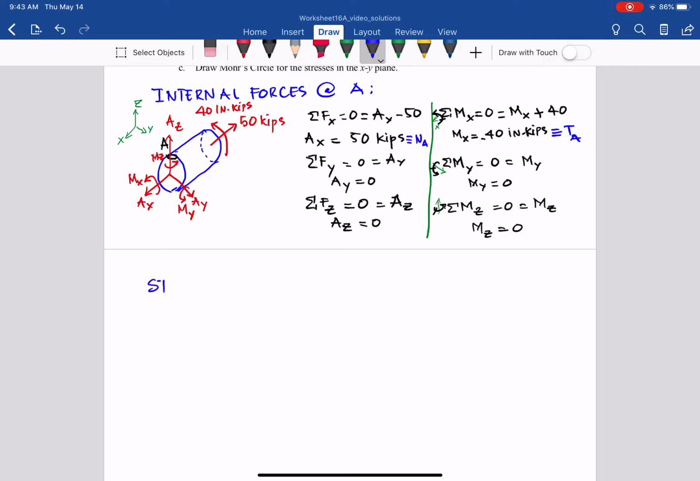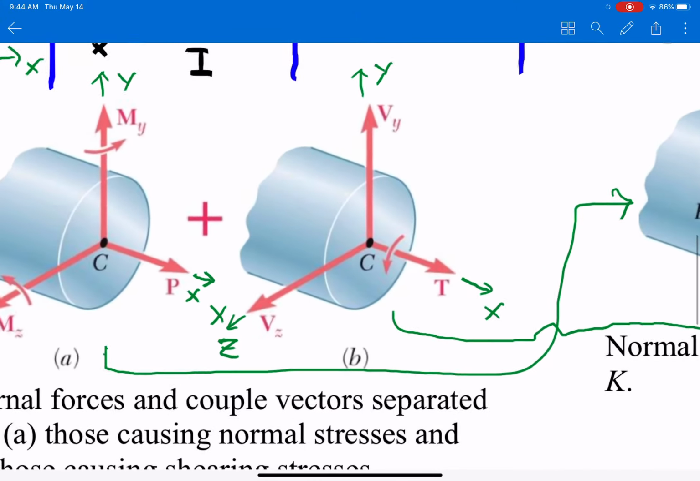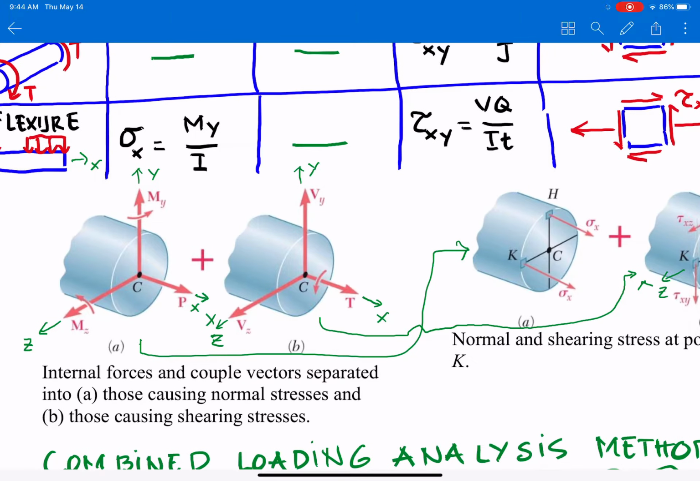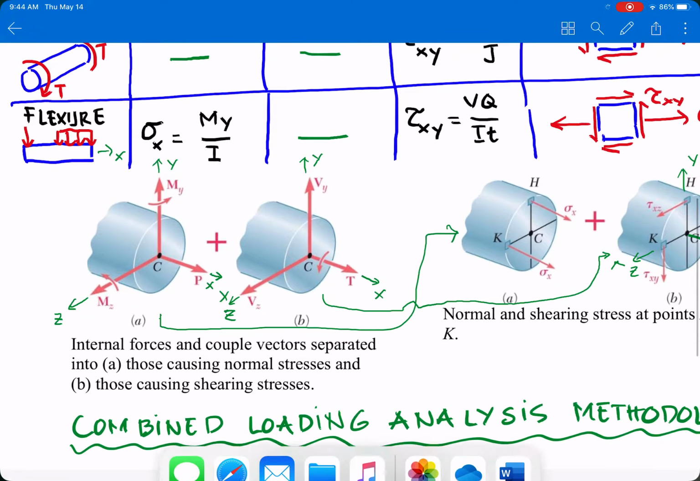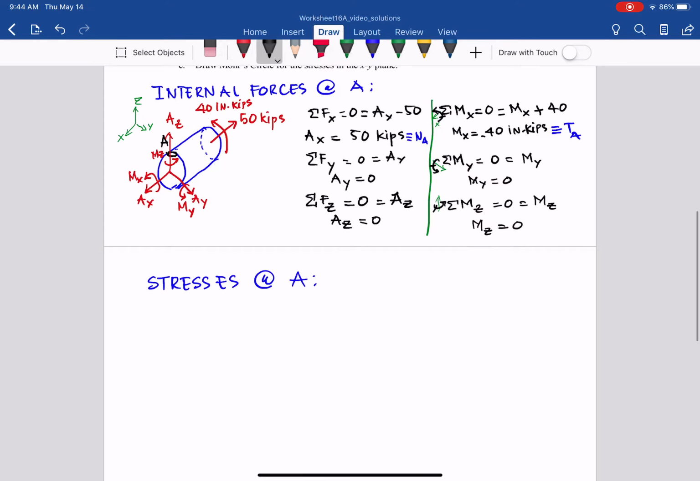As you can see now, let's go to the next step, which is the stresses at A. So what do we have? As you can see, the normal force will create the normal stress at A, similar to the note that we have here: an internal normal force P will create the normal stress, which is perpendicular to the surface, and that is sigma x. So from that, we have sigma x